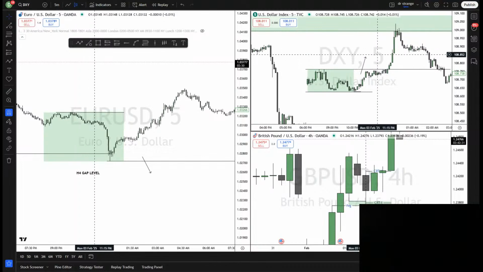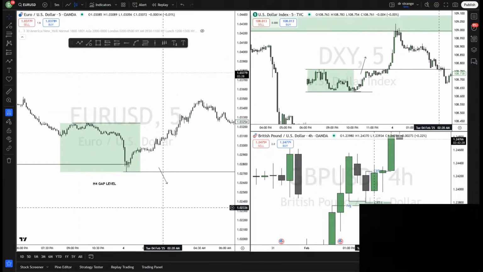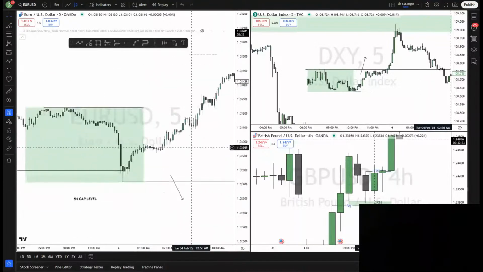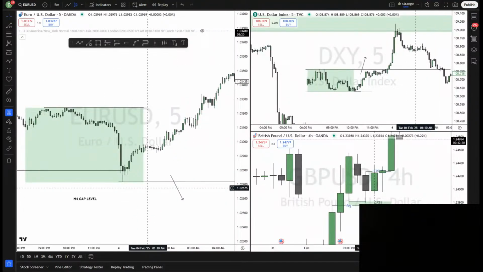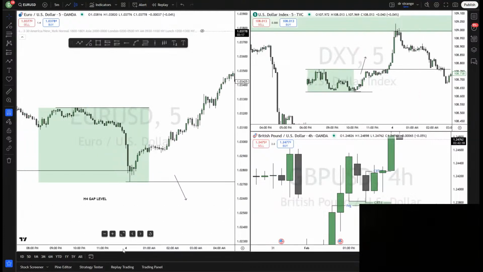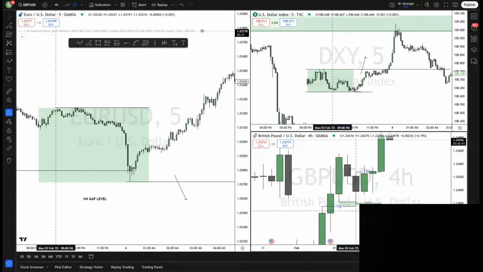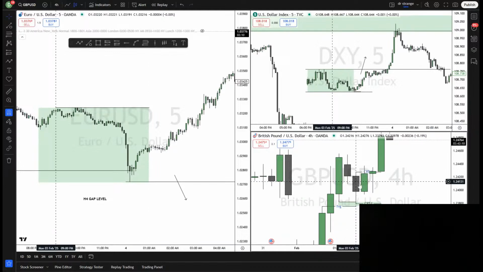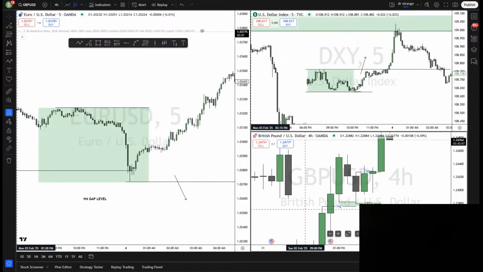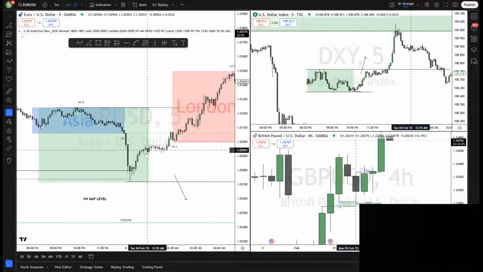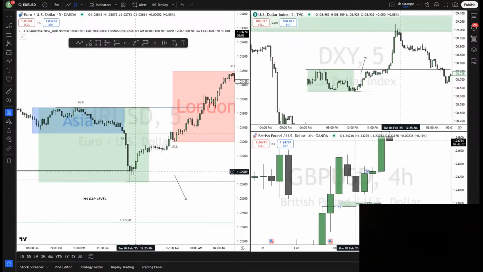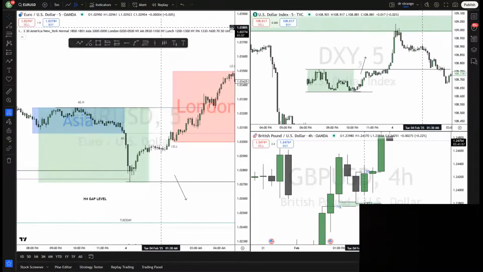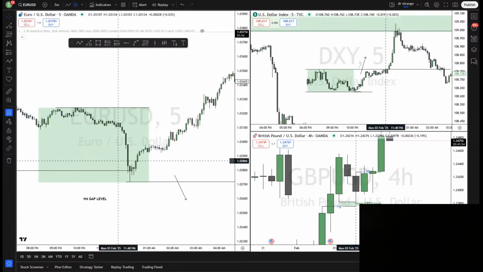And remember, the DXY also reached a key level up here. And this happened before even the London Q zone. If this happened before the Q zone, we would have high chances that we would manipulate below and go up. So this is what really happened. Now, GBPUSD is at a key level. You have the same things. This is the 4-hour high. If you're basing on the Asia session liquidity, even the DXY took out Asia session liquidity, so you would not get a trade still. So you have to be aware of both session liquidity and time-based liquidity.